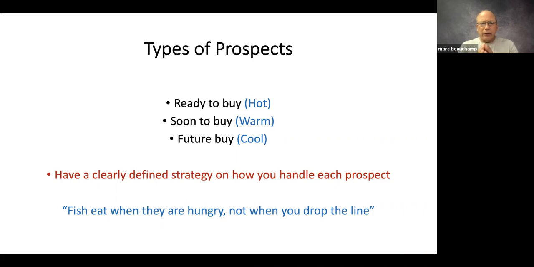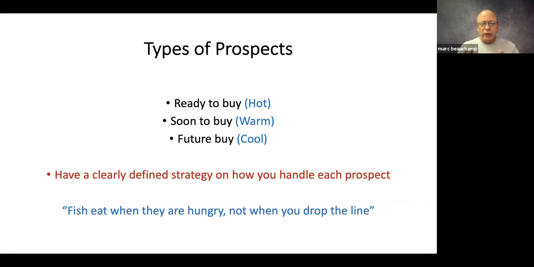So there's a strategy around my hot, ready-to-buy buyers. There's a strategy around soon-to-buy and a strategy around future buy. That strategy could be automated marketing sequences, touch points, direct mail, phone calls, interactions, whatever works best for you. But you need to know, when you categorize these people, they fall into that bucket of how you're going to follow up and how you're going to nurture that potential client